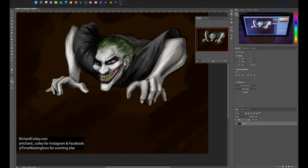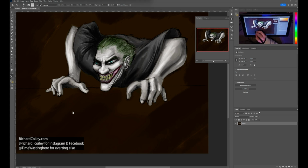I'm very pleased with his level of aggression. I do start to bring that out a little bit more. As disturbing as it is, I couldn't help myself. I had to put some blood in there and some broken fingernails, and the smear that he's got on his face is obviously from, if you've seen it,